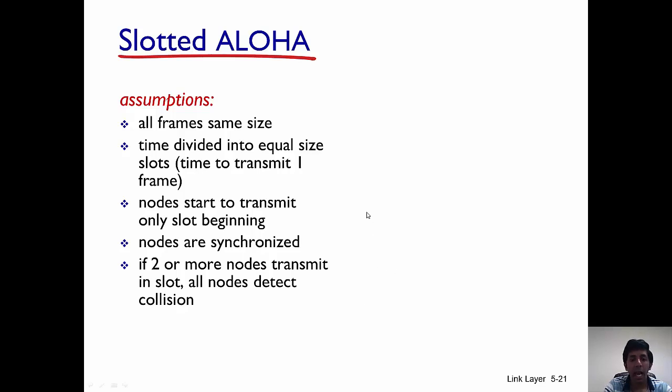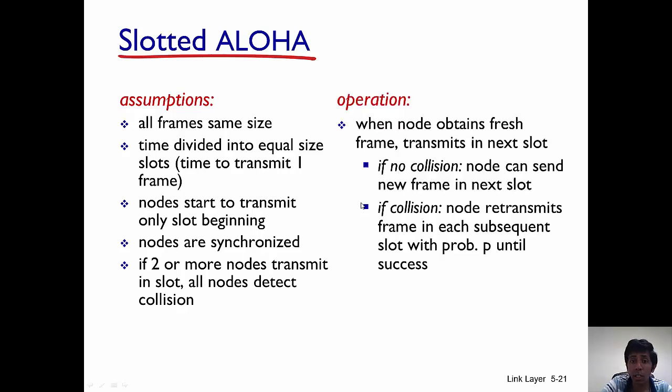Okay? And they cannot start transmitting in the middle of a time slot. And if 2 nodes transmit in the same time slot, then a collision is going to occur. So here, the time is divided into slots, but slots are not allocated to the different users as in TDMA. Here, time is divided into slots, and users could randomly decide if they want to transmit in a time slot or not. Okay.